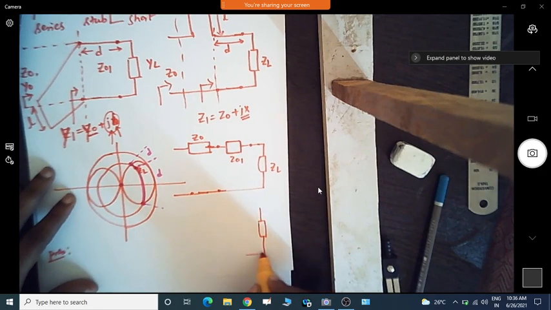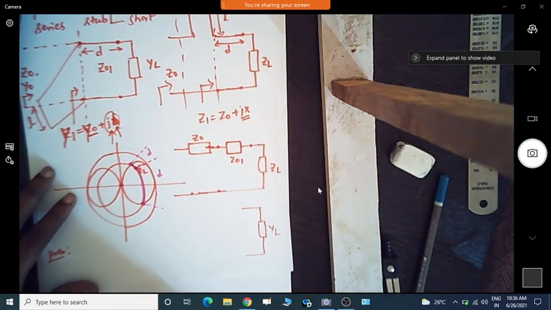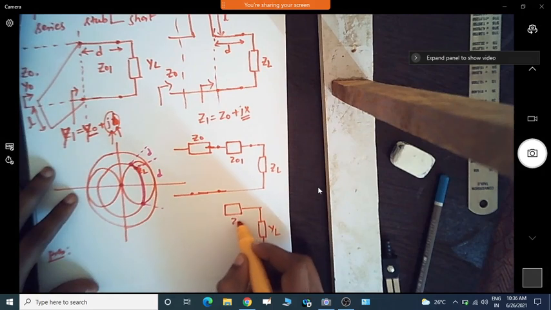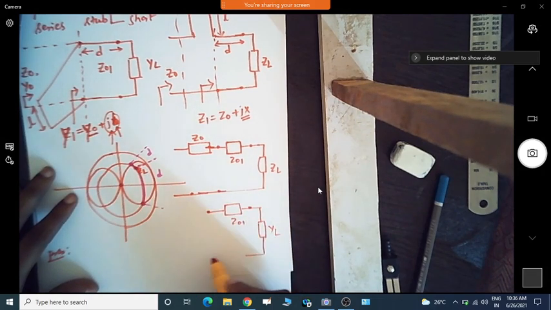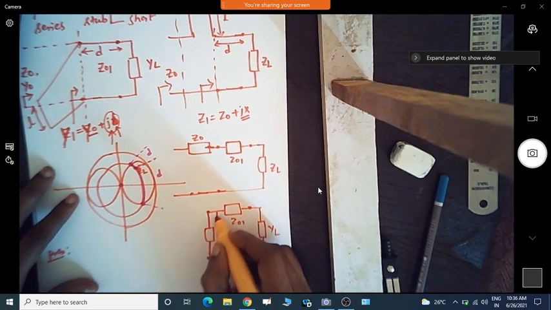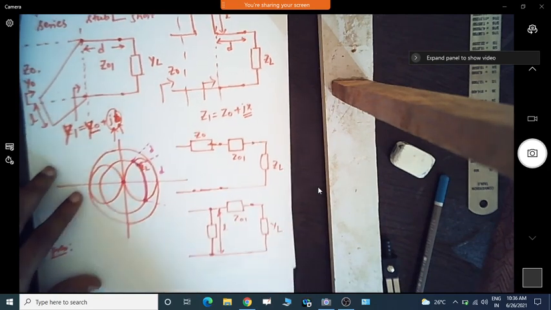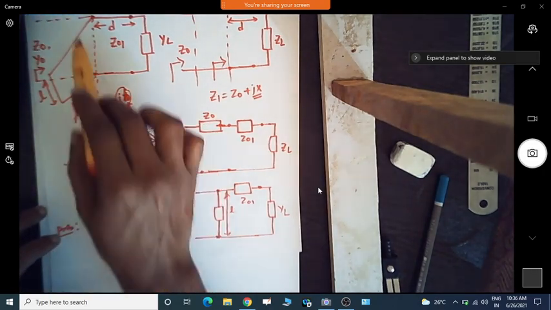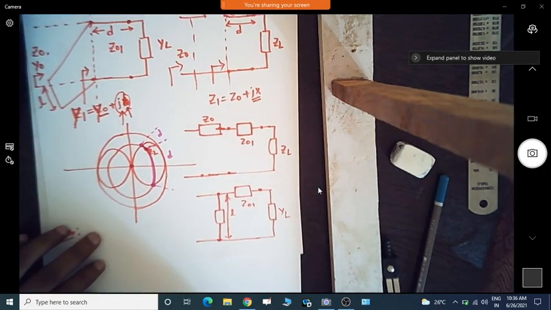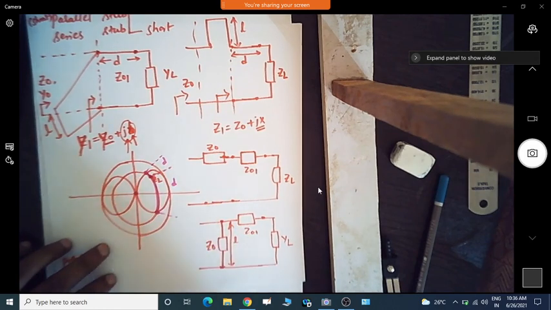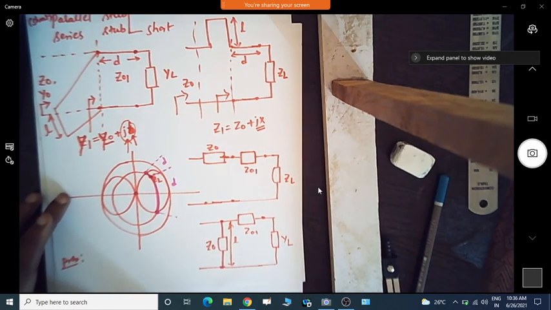Similarly, where we have the YL, we have the characteristic impedance Z01 at this point, and we have used the parallel short stub. So this is the parallel short stub, and this is the length. This is how we can use microstrip technology to represent the same thing we have written here. This stub has a Z0 characteristic impedance. So based on the technology we use, microstrip or waveguide, we can use the appropriate representation.